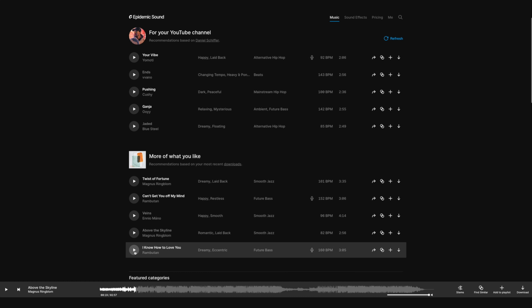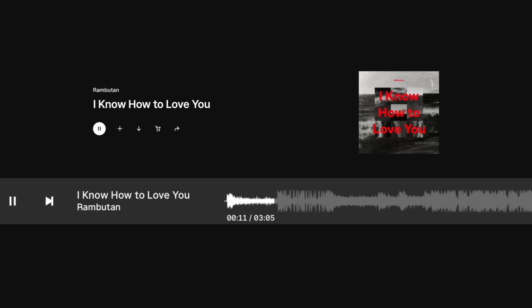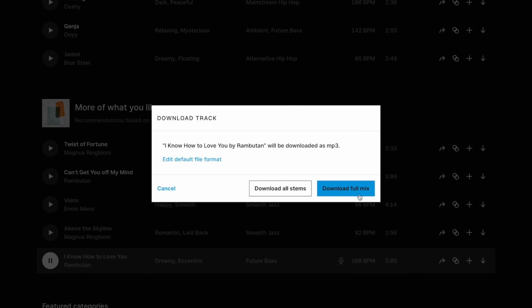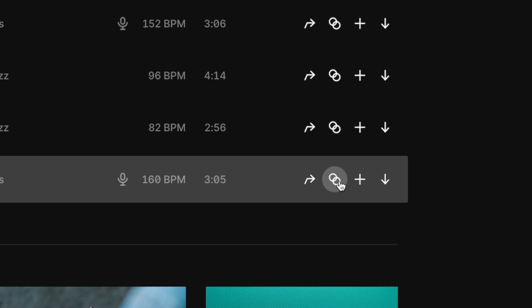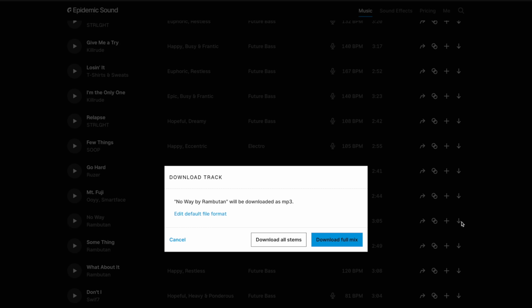And what I do to save myself some time is I actually skip ahead in the song to that first spike in the waveform where you can see the track thickens up a bit. Generally, this first spike in the music is going to be the initial drop in the song where the energy really picks up. That's the part of the song I mostly care about. Now, when I hear something I like, I'll go ahead and download it, but I'll also click this button to hear the songs that are similar, and I'll just continue downloading more options from there.